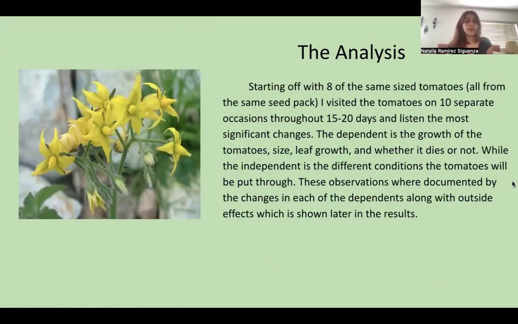The analysis. Starting off with these same tomatoes, I visited the tomatoes on about 10 separate occasions, and I documented a couple of those days. I listed the most significant changes. The dependent variables were the tomatoes' size, leaf growth, and whether it died, which was one of the things I was looking for. While the independent, as I said before, was the different conditions they were put through. With that, I made observations and documented those changes alongside outside effects, as I said, the animals or whether something had bitten it or